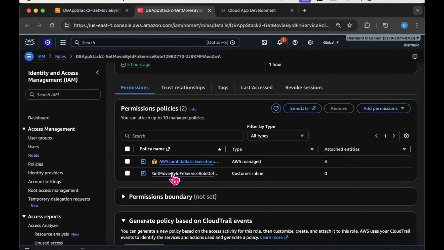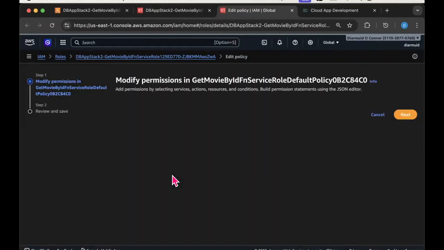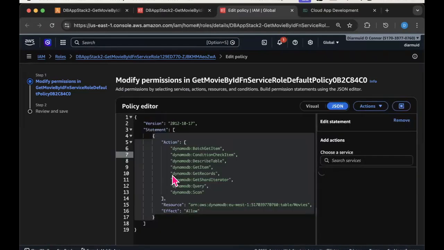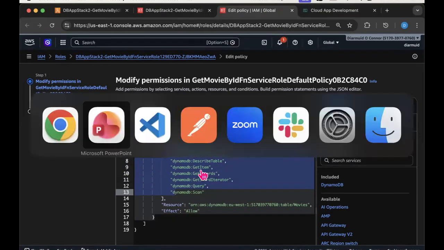And this policy, if we actually go into it and look at the detail of it, is the policy that gives my Lambda the power to talk to DynamoDB. You've seen these policies last year in the automated cloud services. So you can see here these are the actions that are allowed, and they all relate to DynamoDB. Now, where did this policy come from, though? And the answer is,